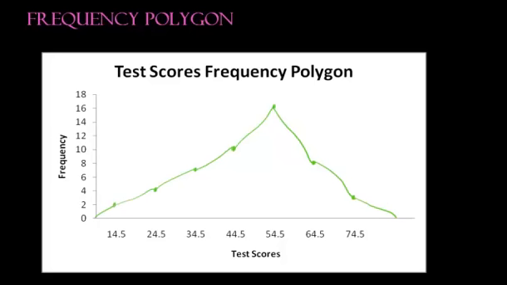Now, why would we want a frequency polygon when we already had a histogram? Well, say for example you want to compare two sets of data. It would not be useful to overlap two histograms. One would just completely cover up the other. However, if, for example, these same 50 students took their second test in statistics, and those grades were summarized in